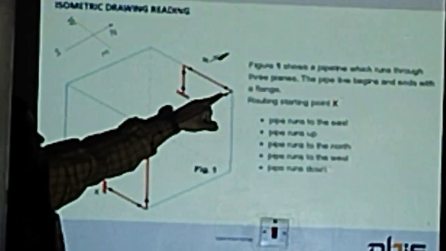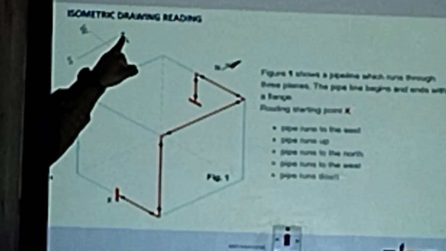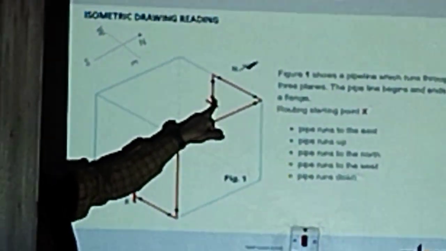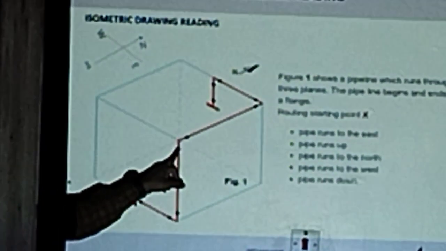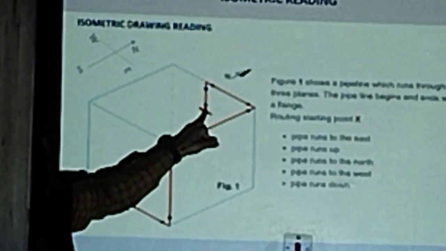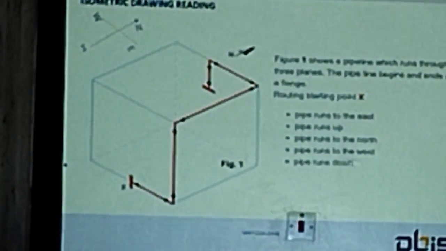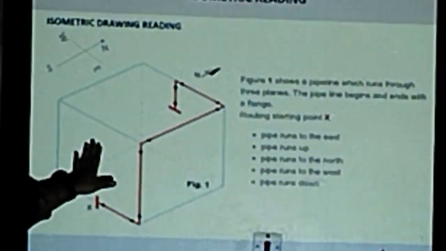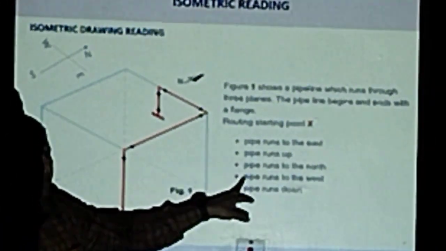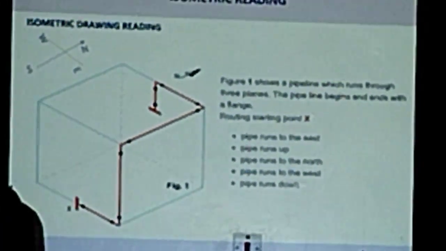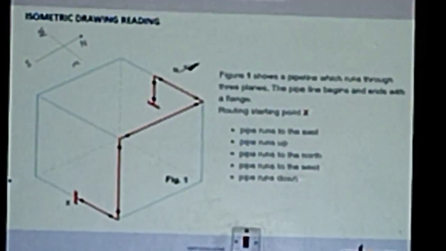Then from here it is going to west. From north it is going to west. This direction. West. And again it is going down, following this line. Easy to identify. They will give you the design. They will give you the options here. And you need to identify as per the direction. You need to identify the right answer.